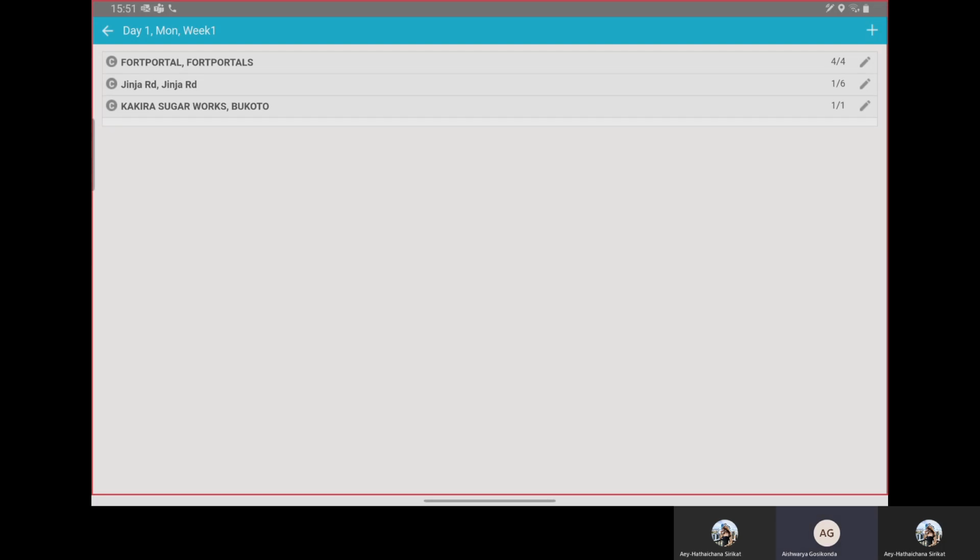And on the right side corner of every card, every strip, you are able to see one pencil icon, that is the editable icon. Once you click on this editable icon, you can select or unselect the customer which you have already saved. Can you just click on this edit icon, the pencil icon?